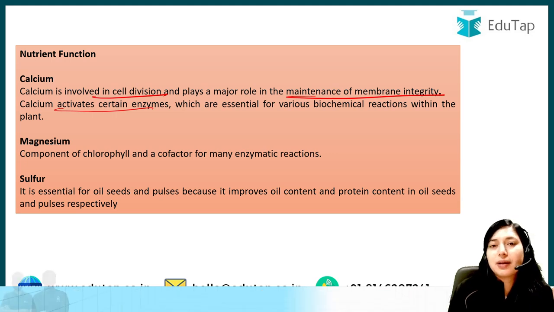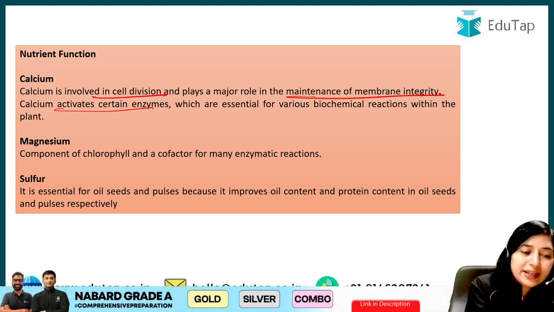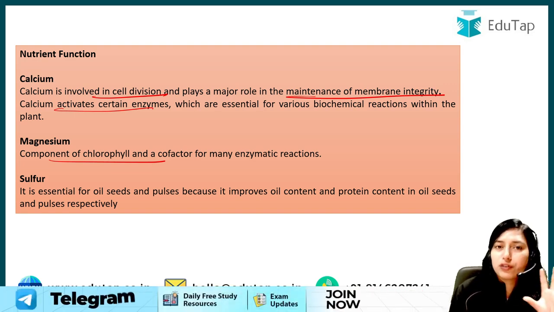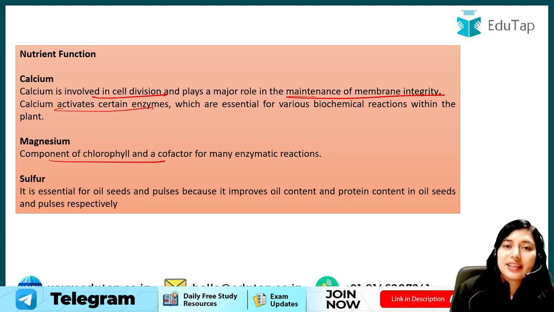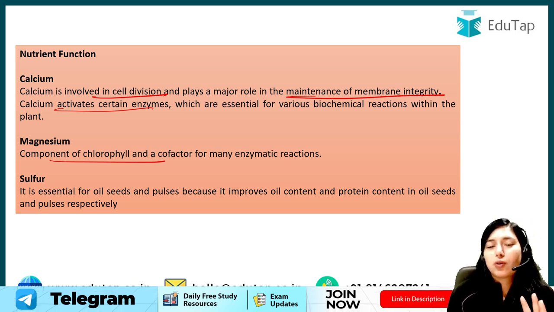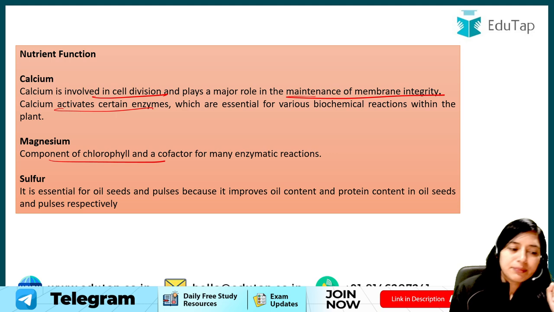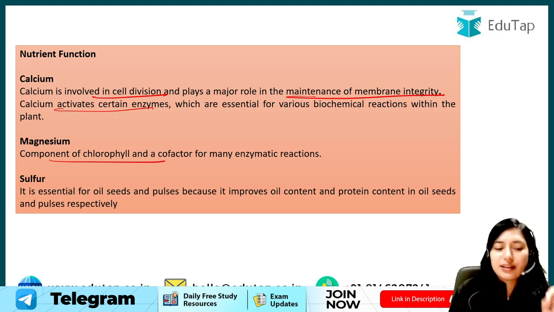Then talking about magnesium, magnesium is again a very important component of chlorophyll, ठीक है। तो magnesium के लिए ये याद रखना है कि it is a very very important component of chlorophyll, and usually magnesium से यही question पूछा जाता है, ठीक है। Then we have sulfur. Now students, जो sulfur होता है